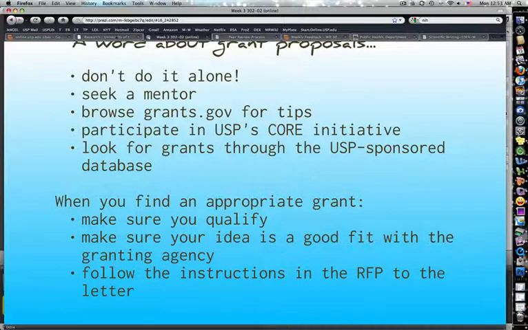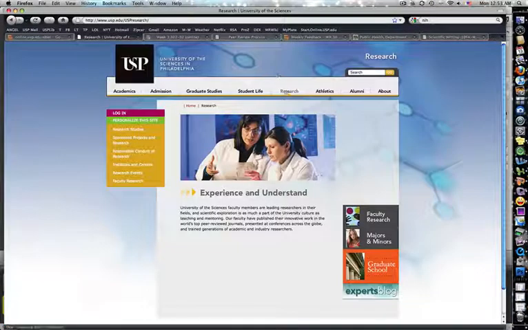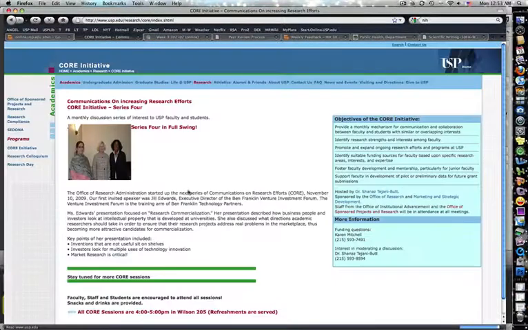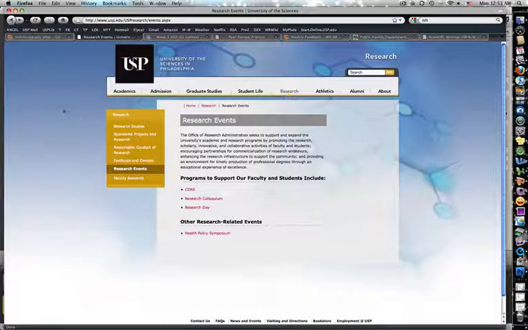And I'll just make a quick detour to show you how you can get involved with grant writing at USP. This is the USP page. I'm in the research page. A good place to start, I think, is the research events, and there are several of them. The CORE one gets students and faculty together, which is actually very nice. It shows what professors at USP work on and identifies suitable funding sources. And you can ask questions and see how you can get started. There are also seminars offered through this office, so grant writing seminars.